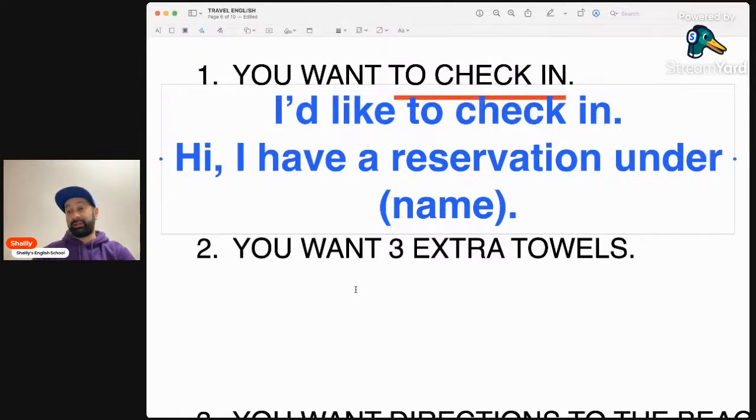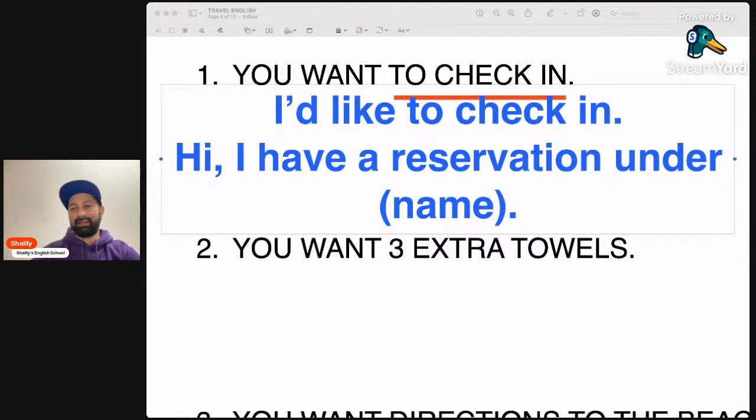Whenever I go to a hotel, I'm always asking for extra towels. All right, so whenever you're wanting something, remember, the key word here is you want something.